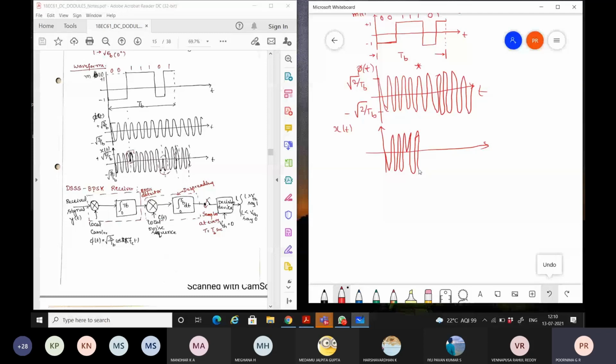So you can see that there are two phase shifts. One is at plus 180 degrees and the other is at minus 180 degrees phase shift. Zero to 1, whenever there is a shift, you will have a plus 180 degree phase shift, and 1 to 0, whenever there is a phase shift or bit change transition, then you have to